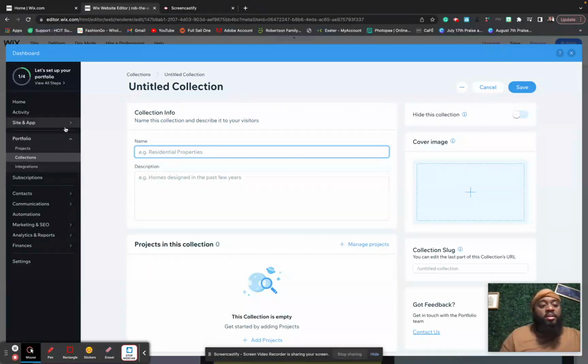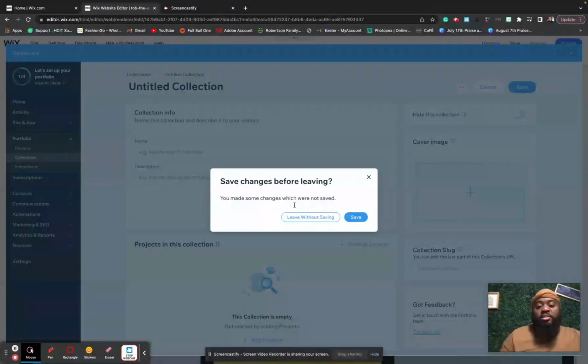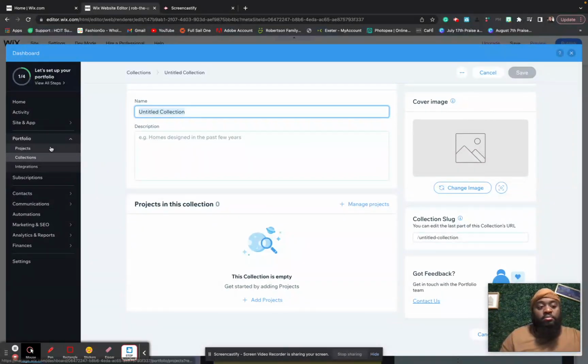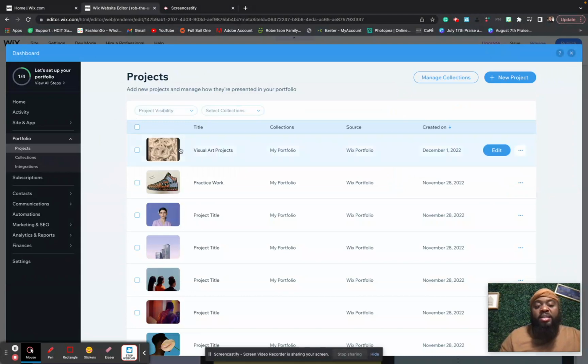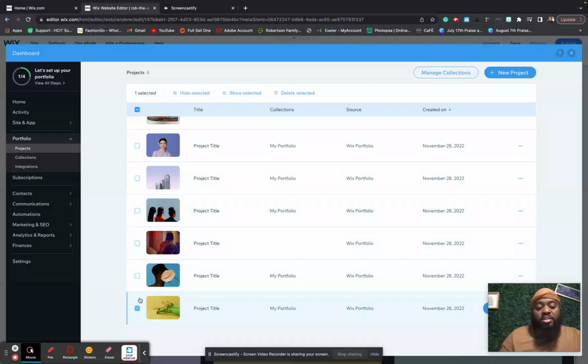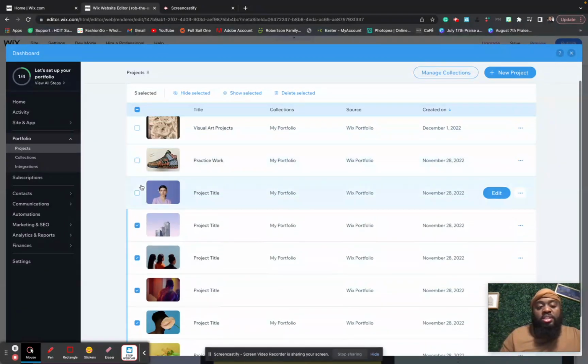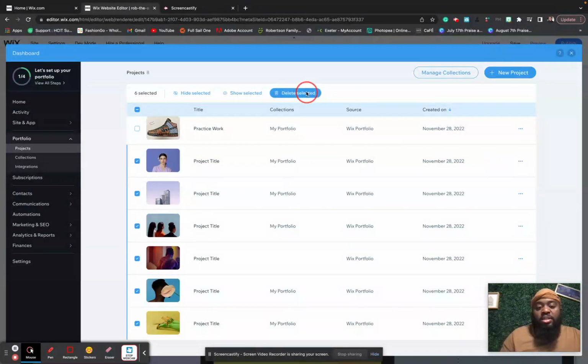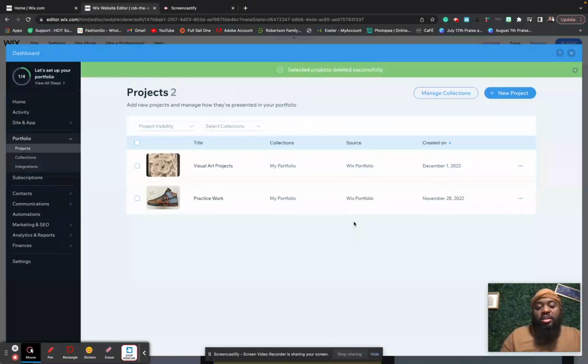And so then my projects. So now I'm back into my site editor, right? So let's just say I don't need a lot of these projects because I just need 2 tabs. But you can make a tab for every individual work of art. So let's just say I want to get rid of this and I want to delete all the selected tabs. So I'm going to hit delete, get rid of those, go back to my home,